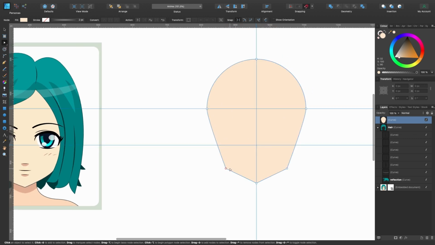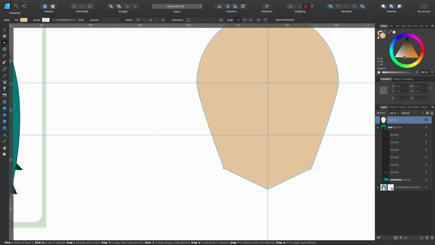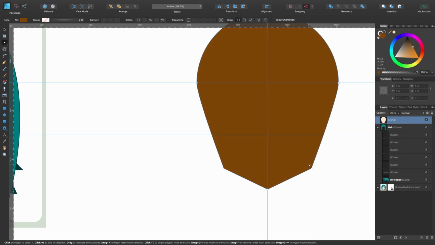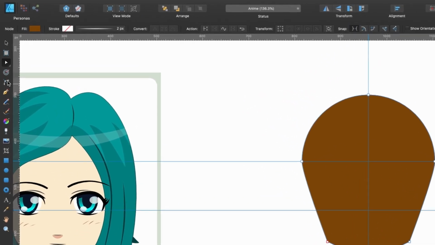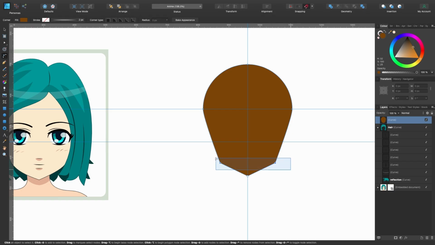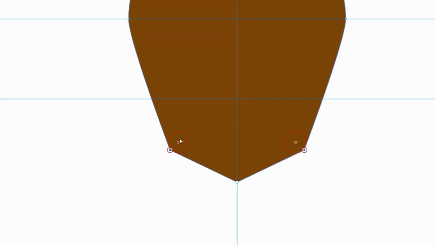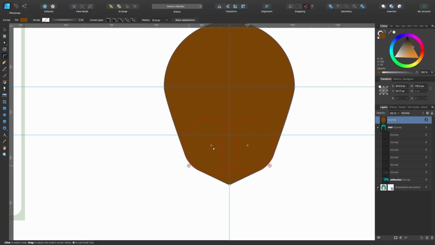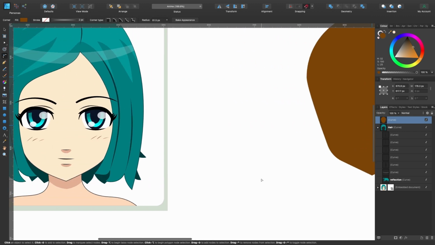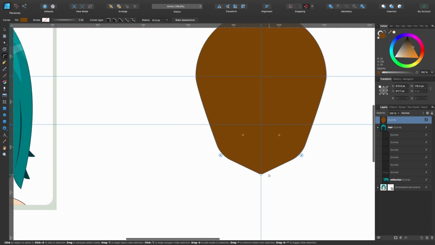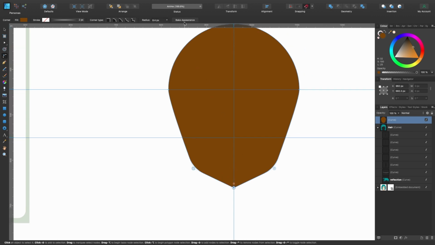And a little shortcut here so that these jaws aren't so pointy. Let me make that a bit darker so you can see it. To smooth that off, I'll go up here to our trusty corner tool, click on that, click and drag over both of these, and then click and drag in, and you can see it's smoothing off that sharp edge there. So maybe I'll make it go to around about here, and if you didn't want that being super pointy, you could just go up here and do that. Once you've done that, you can press Bake Appearance, and you can see it's all locked in there now.